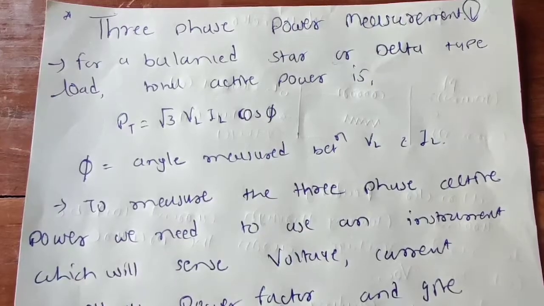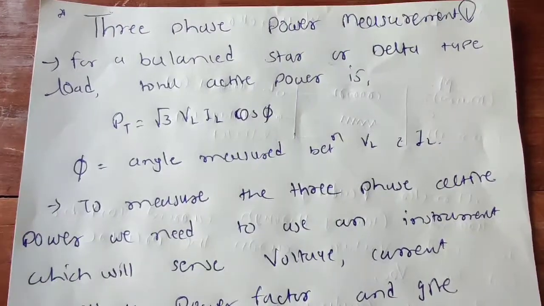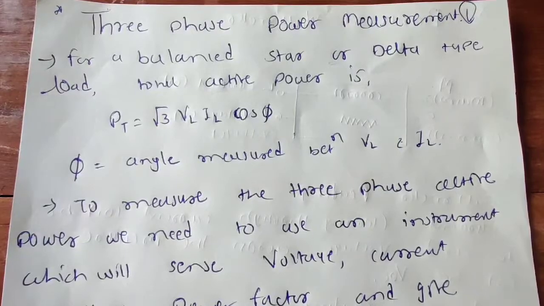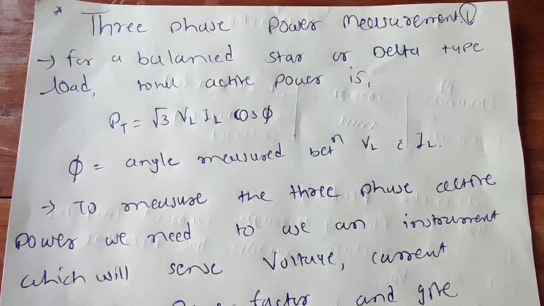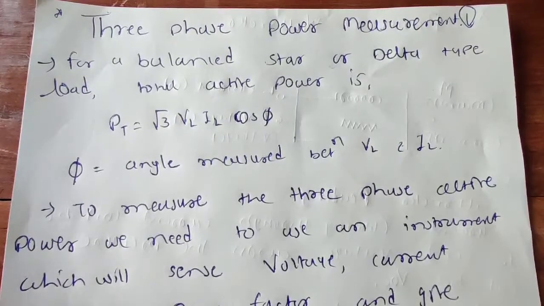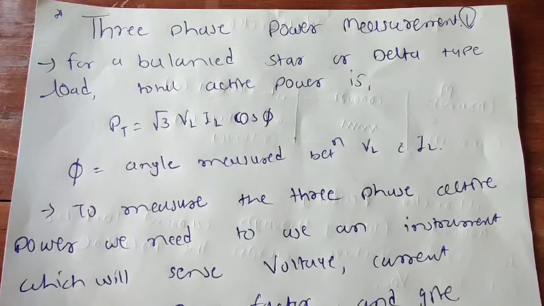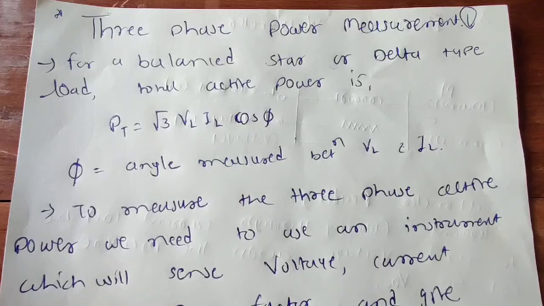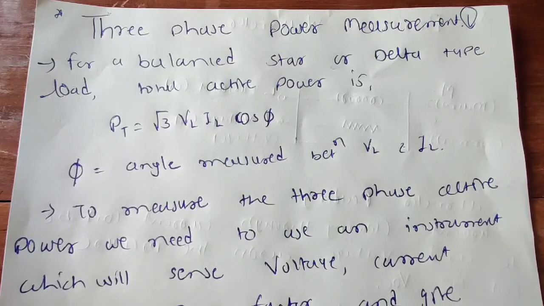Hello students, in continuation with AC circuits unit number 2, in a previous lecture we checked how we can consider the three-phase balanced circuit. In a three-phase balanced circuit, we considered a balanced delta-connected load and a star-connected load, and the respective measurements that you need to consider for both types of load.